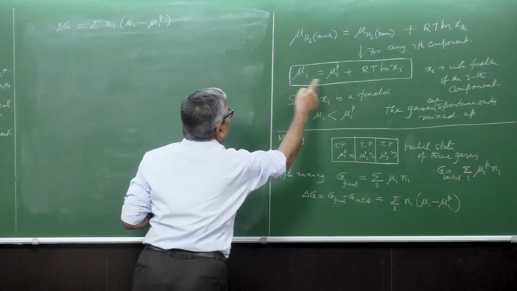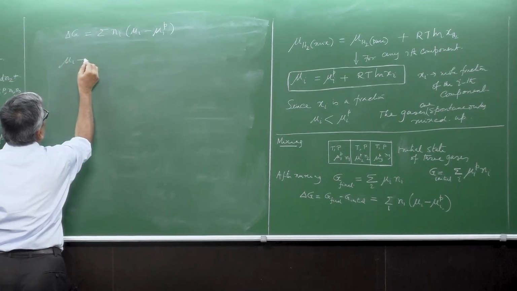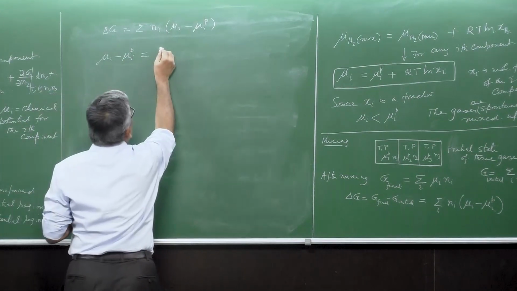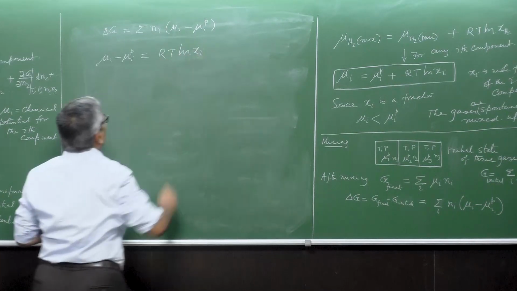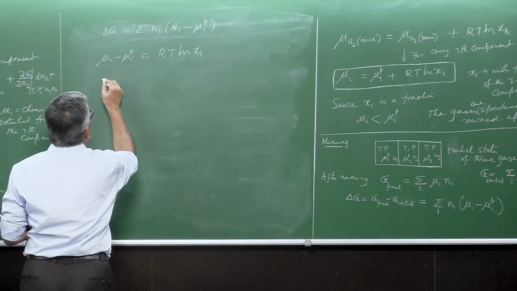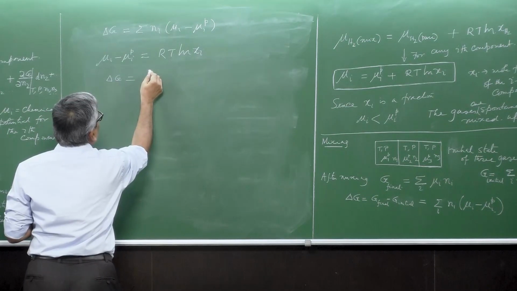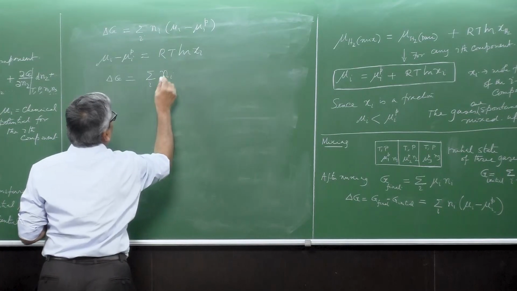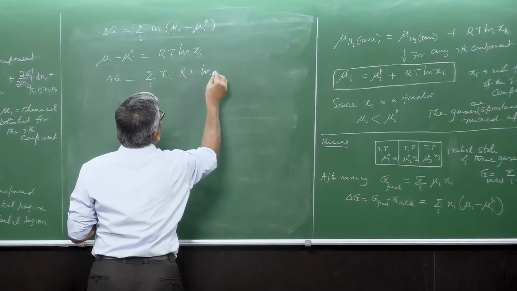Now, I know what is this thing mu I. So mu I minus mu I pure substance is equal to RT ln xi, that is the mole fraction of the ith component or ith species. So this means I have delta G equal to sum over I of Ni RT ln